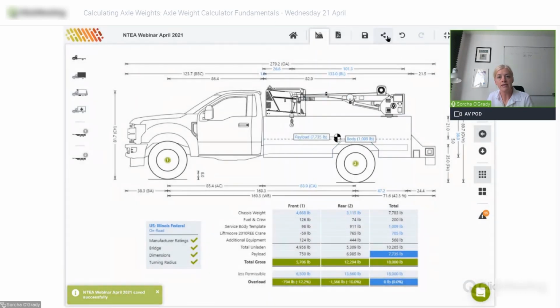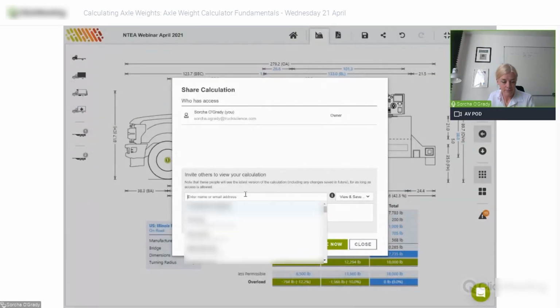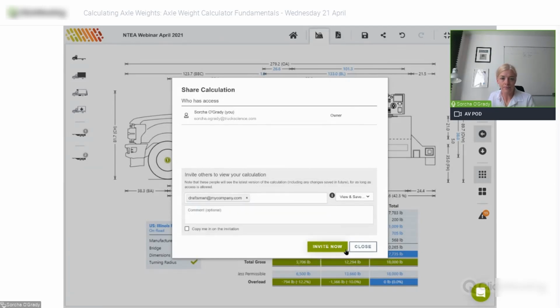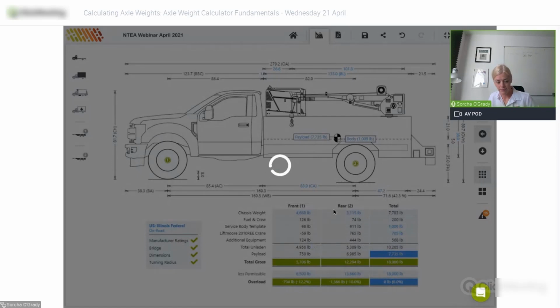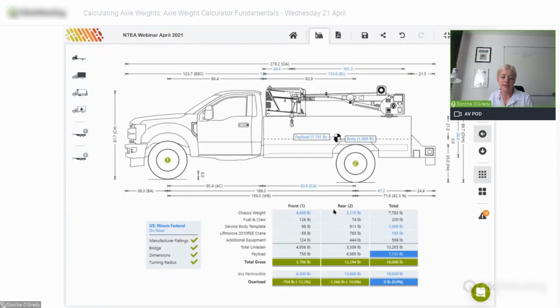And then we'll use this icon to share it with somebody else who has a license for TruckScience. We'll send it to this draftsman email address. We can include some comments about our design and invite them to view it. After some time has elapsed, then, we can replace the template body drawing with the drawing we received back from